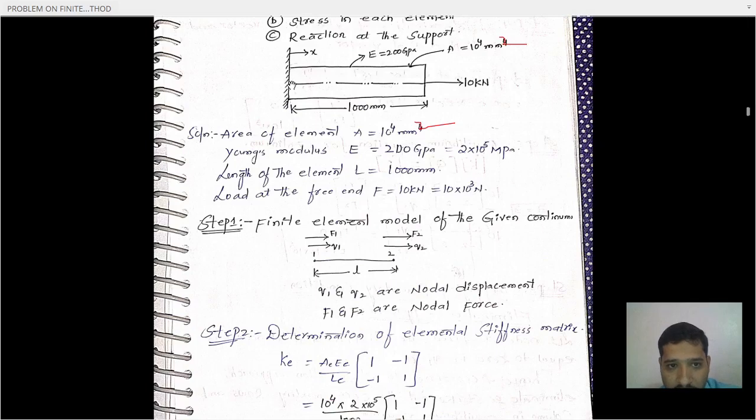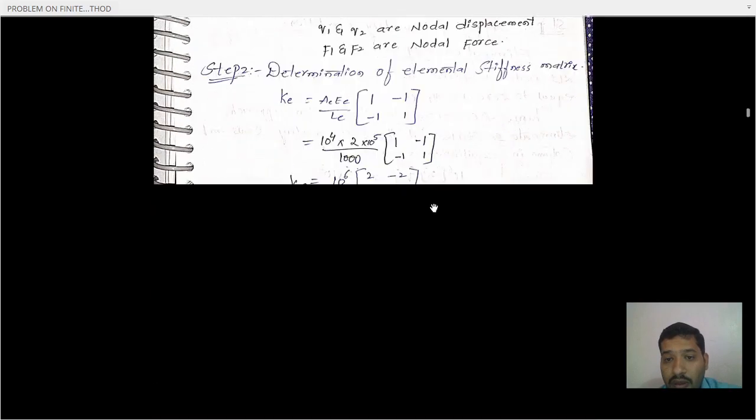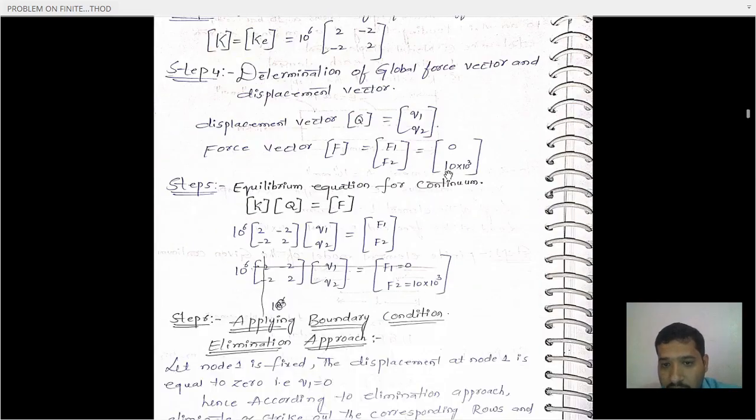Okay, F1 F2. So F1 is here, F1 is the fixed end. Let us see this figure. F1 is fixed here, so its value should be 0. And F2, how much here? F2 is 10 kilonewton. So F2 is how much? 10 kilo means 10 into 10 power of 3 Newton.